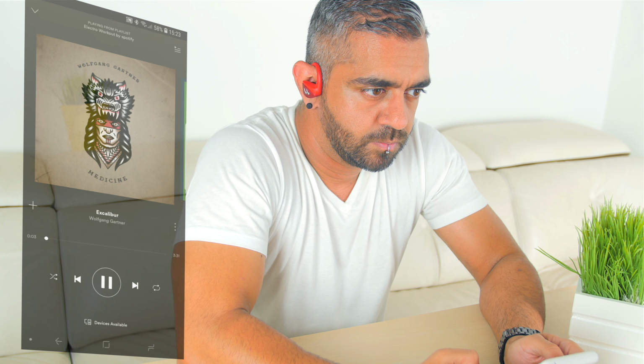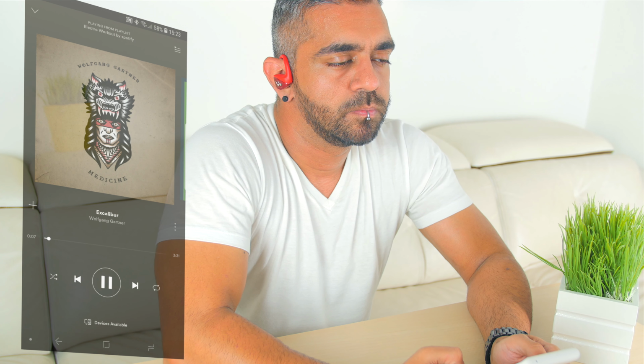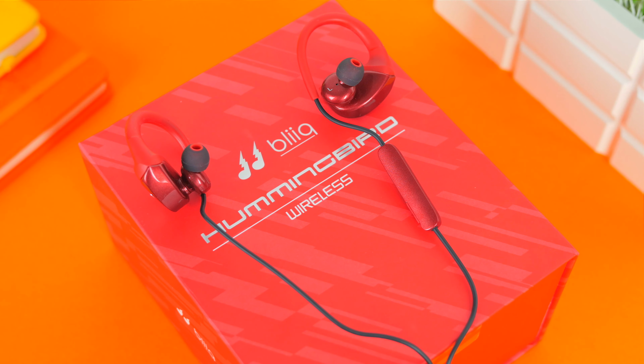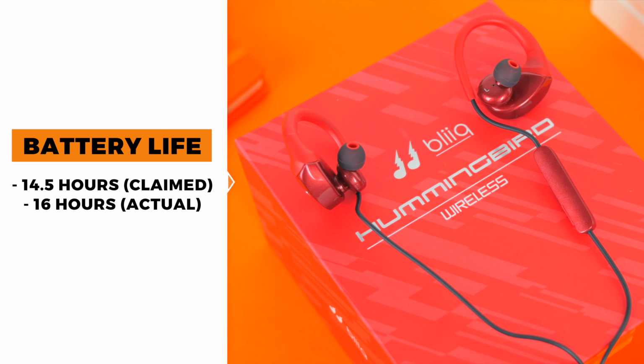And then I switched to Wolfgang Gardner's Excalibur, and here's where you'd notice the lack of bass within the earphones itself. So yes, if you guys are a true audiophile, these earphones may not excite you as much. However, what's great is that there was no latency or lag issues when I watched videos on these earphones, which was very much great. Now in the battery department, Bliiq tells us that the battery supports up to 14.5 hours